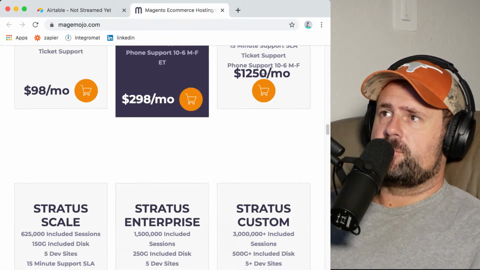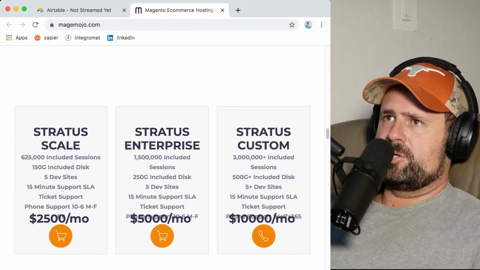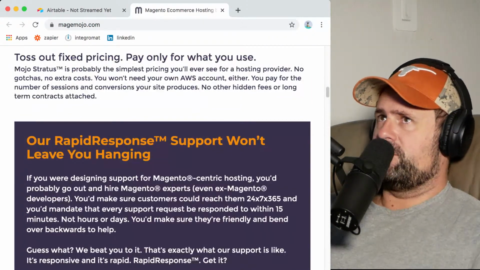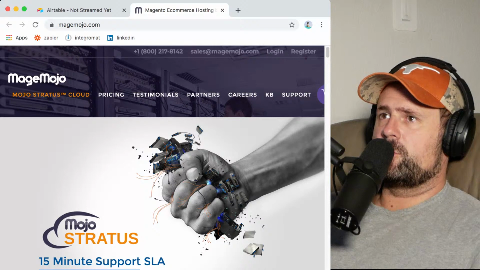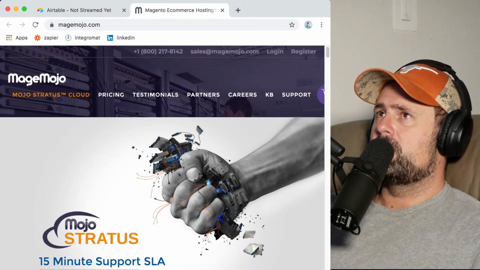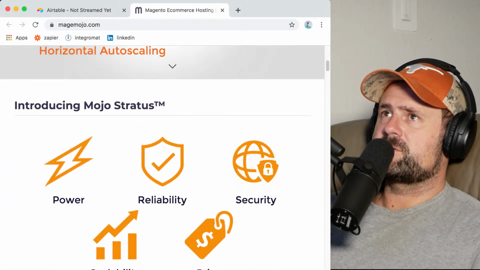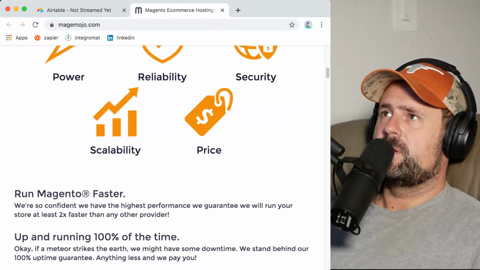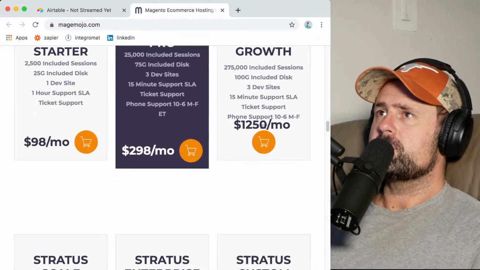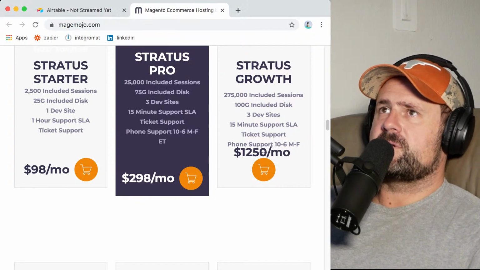Definitely within the Magento community, I'm pretty sure they're the first to do it. A couple minor issues on layout here with this iPad view, but again, if you've looked at my stream at all, you've quickly realized literally no website on the internet really pays attention to their responsive view for tablet. Just doesn't happen. Just does not happen. But anyways, so yeah, this is a really interesting model,